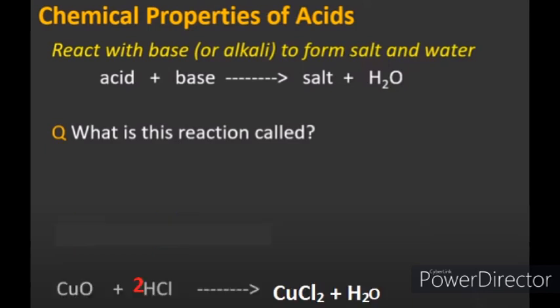Now let's move to our third example in which copper oxide reacts with hydrochloric acid. Again the double displacement will take place. First copper oxide divides into two ions, that is copper and oxygen. Then hydrochloric acid again dissociates into ions, that is H positive and Cl negative. So chlorine ions will move towards copper to form copper chloride, and hydrogen along with oxygen forms water. So out of these three reactions we find that in every case when acid reacts with base, it will form salt and water.